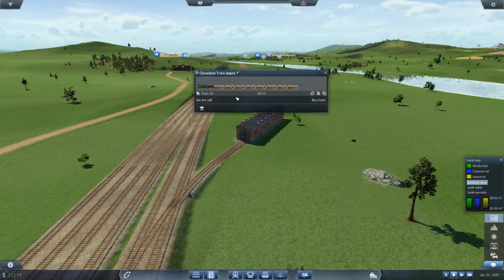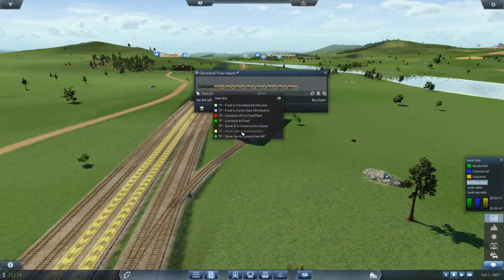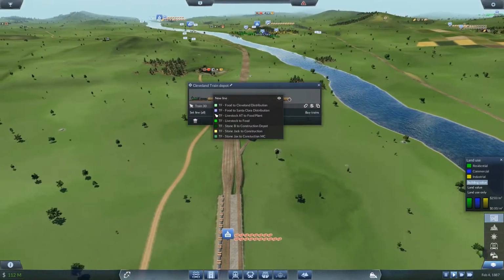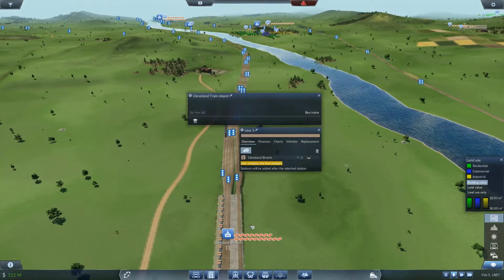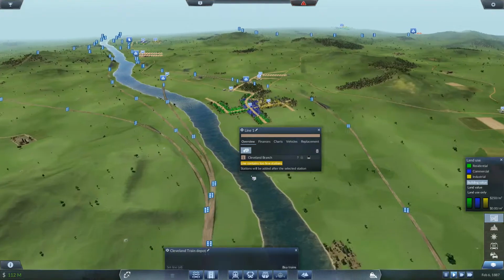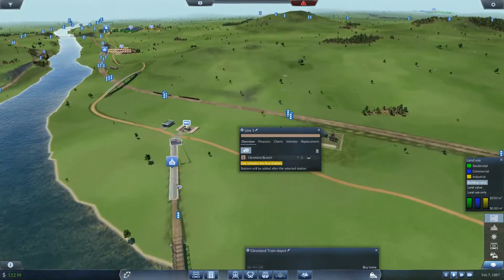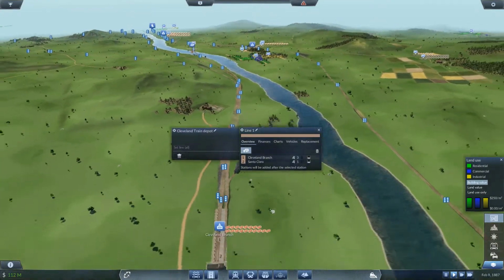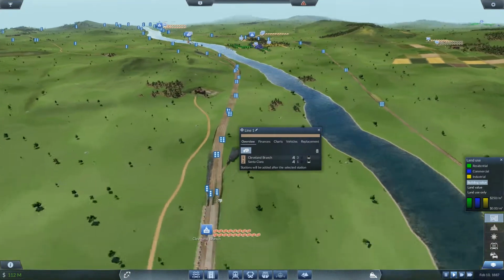I have a feeling this line's gonna lose a lot of money before it makes money, and I just realized I don't have a line set up. Alright. New line. We're going here to here. I mean, like I said, I know this is going to lose a lot of money before it starts to make money, but